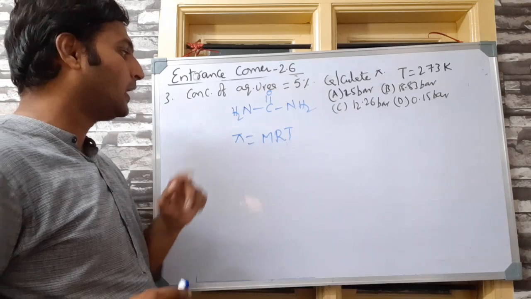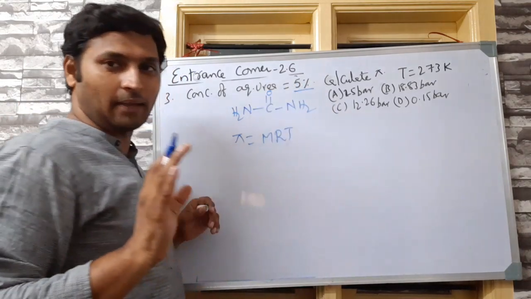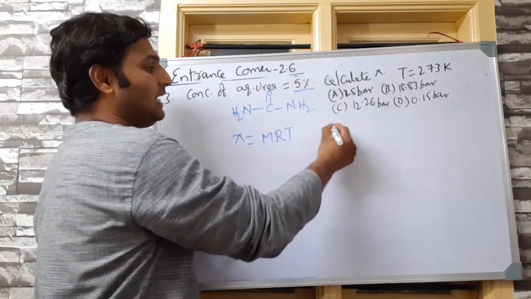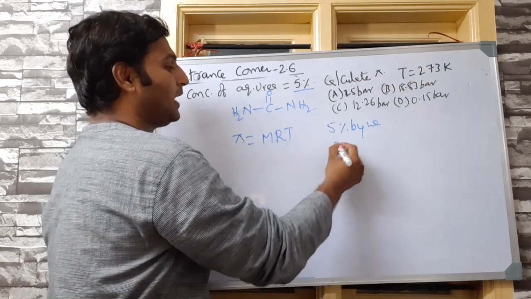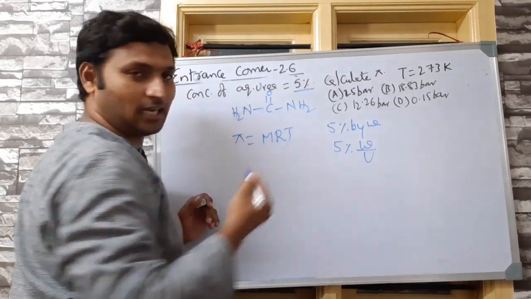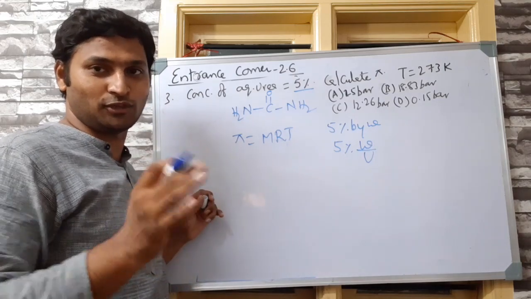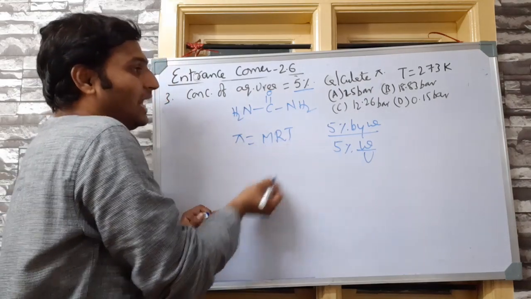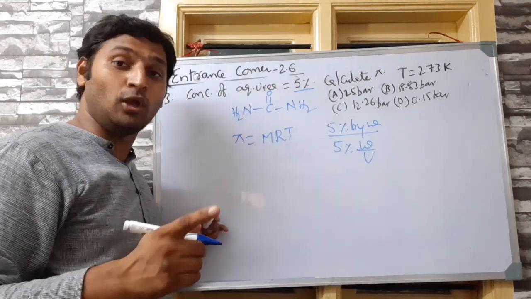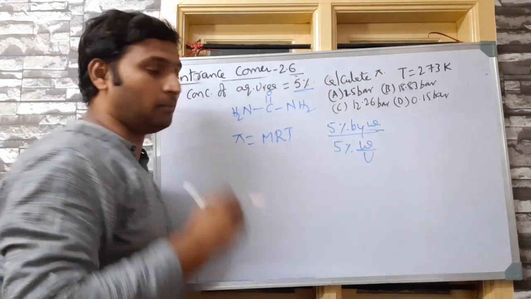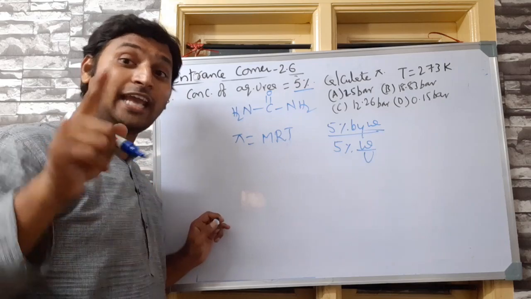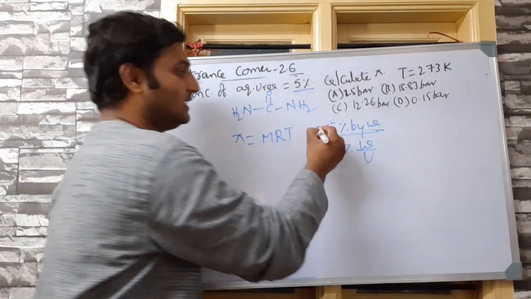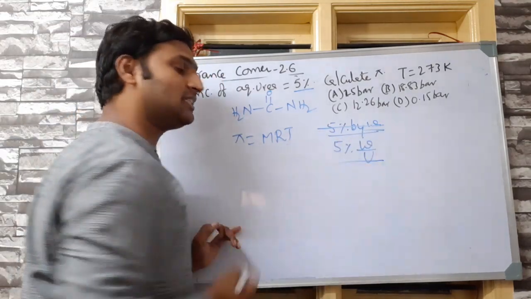The only issue here is that there is an ambiguity in the question, that's what I am trying to impress upon you. He did not mention whether it is 5% by mass or 5% mass by volume. He simply said 5% aqueous solution of urea. Now, if he meant 5% by mass, in molarity we have number of moles per unit volume, so we need the volume of solution. So if he is mentioning 5% by mass of solution, he should have given us the density to calculate volume for molarity. Because he has not given us the density, we can take it for granted he means 5% weight by